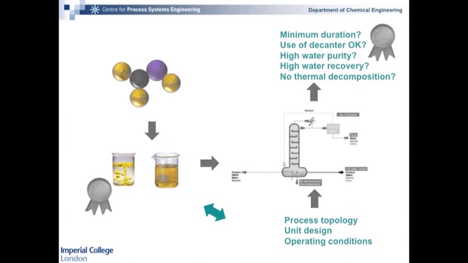So how can we solve it? And to do that, we need to define what I mean by best behavior and understand what the challenges are in trying to solve such a problem. Okay, so in using traditional chemical engineering tools, we would manipulate the operating conditions. We can change the design of the units or the topology of the process. But we'd also like to change the molecules. And so as soon as you change a molecule, you need to be able to predict what properties you're going to have in your process.